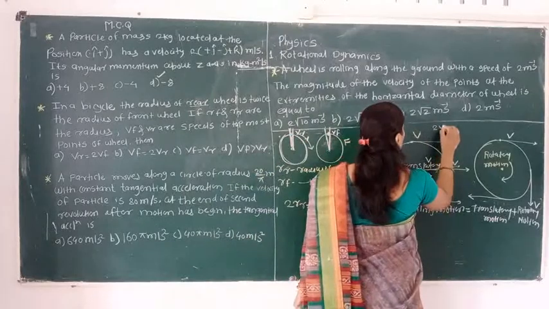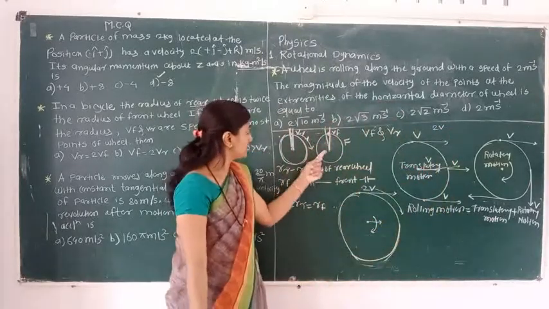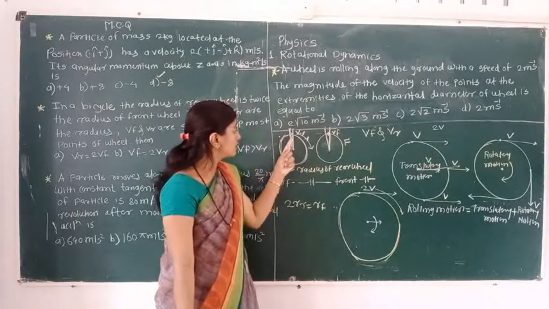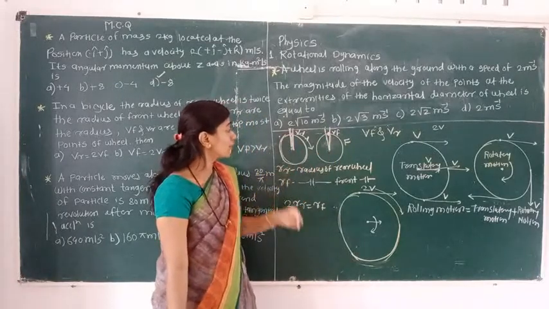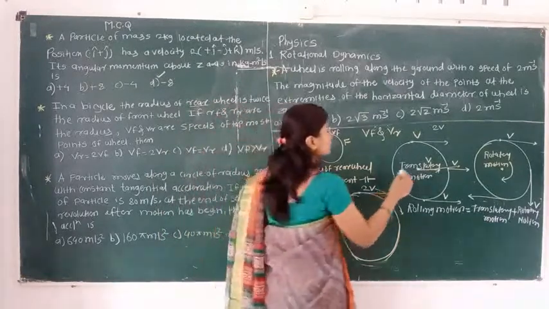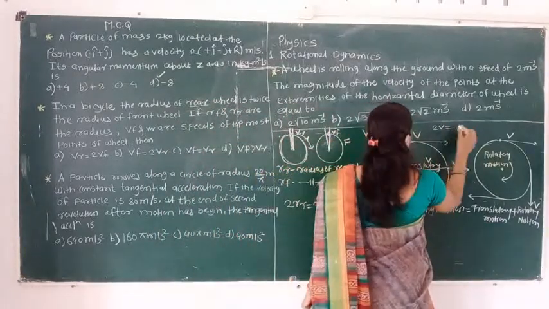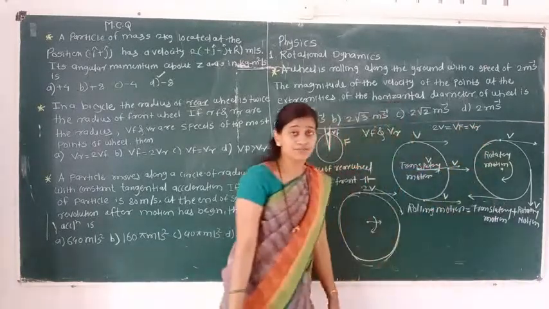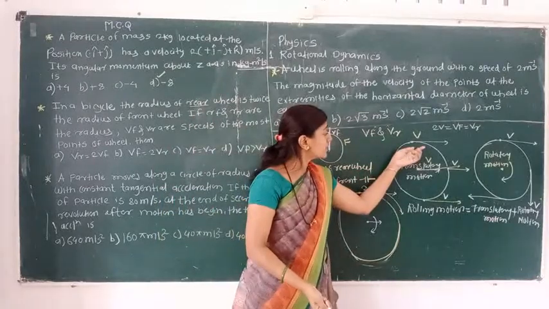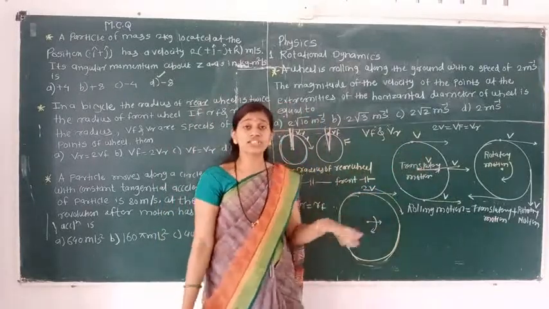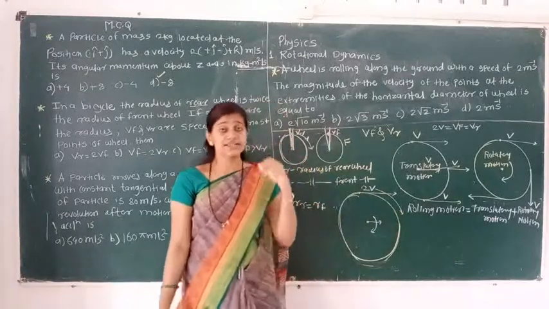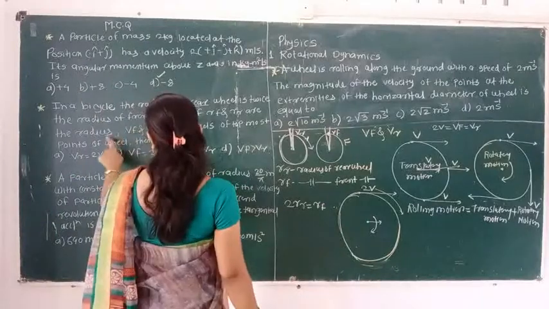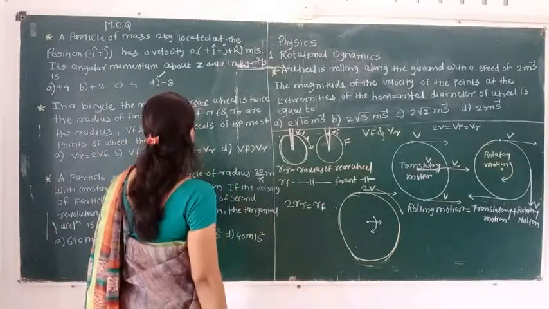That velocity is 2v. The speed at the topmost point of the front wheel and the speed at the topmost point of the rear wheel, both values are twice v. So we can say Vf is equal to Vr, both are similar. Here the velocity at the topmost point is twice the velocity of the center of mass, but in this case their angular velocity is different.